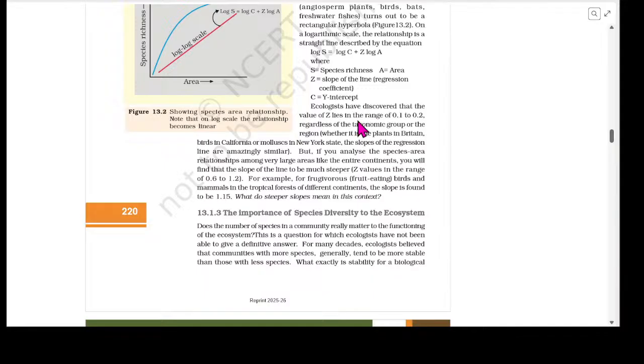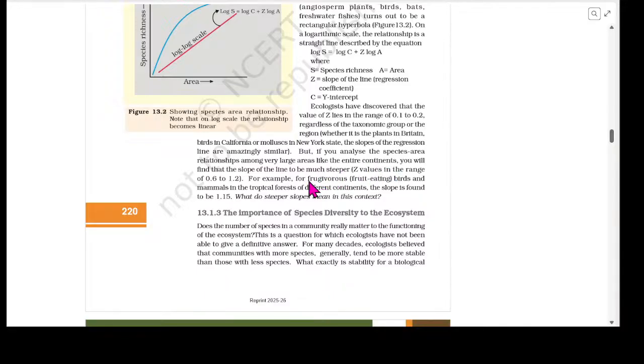Ecologists have discovered that the value of z lies in the range of 0.1 to 0.2, regardless of the taxonomic group or the region, whether it is plants in Britain, birds in California, or mollusks in New York State. The slopes of the regression line are amazingly similar. But if you analyze the species area relationships among very large areas like entire continents, you will find